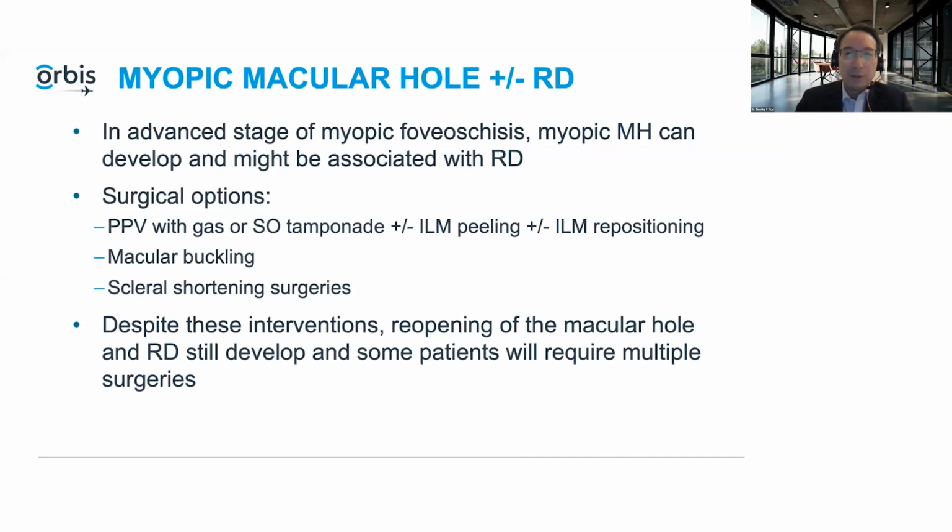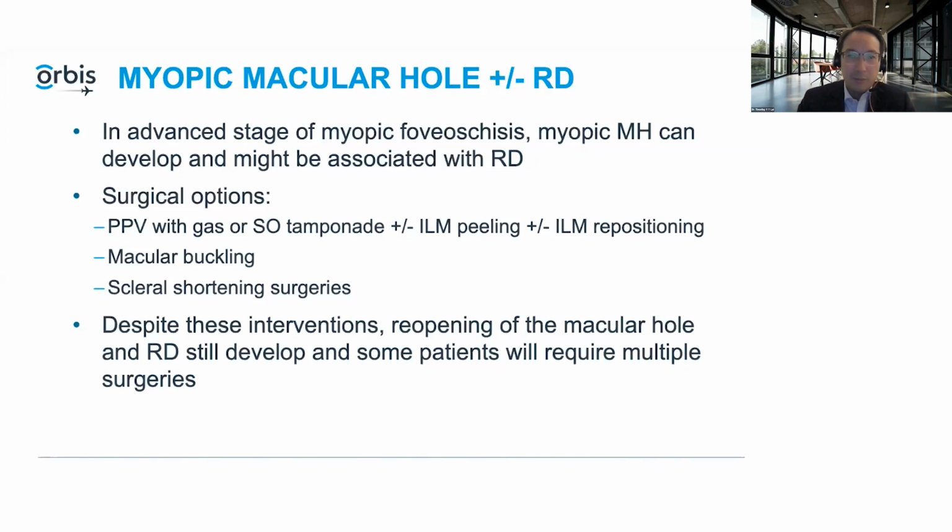The other condition you have to treat is the myopic macular hole, because if you don't treat this, it can progress to retinal detachment. So you have various options: vitrectomy with gas or silicone oil tamponade, with or without ILM peeling, and sometimes we also do ILM repositioning. Macular buckle and scleral shortening surgeries have been performed, but these are quite tricky to close because